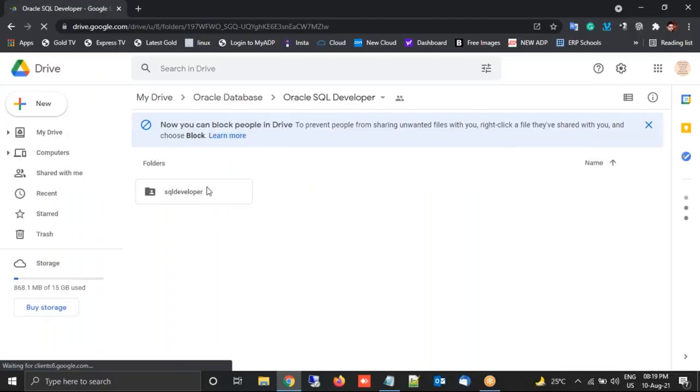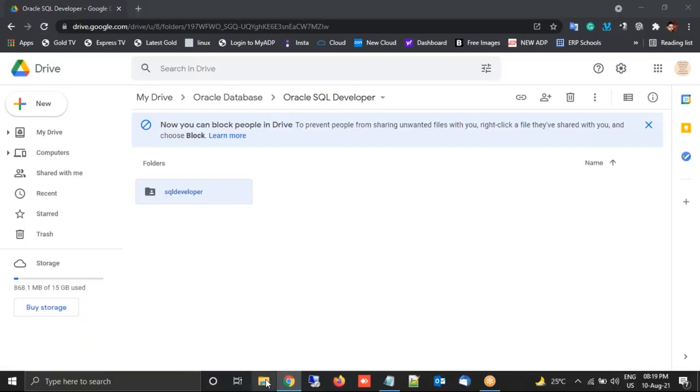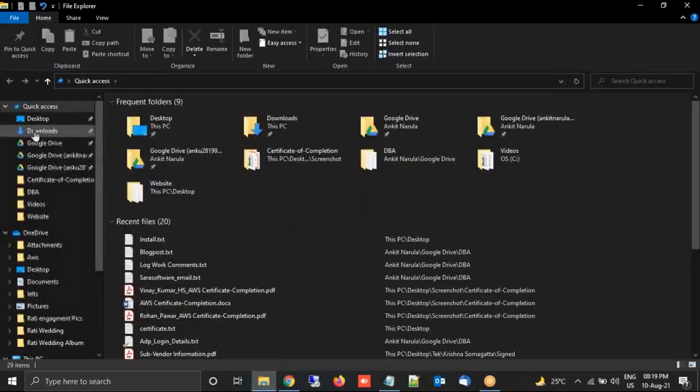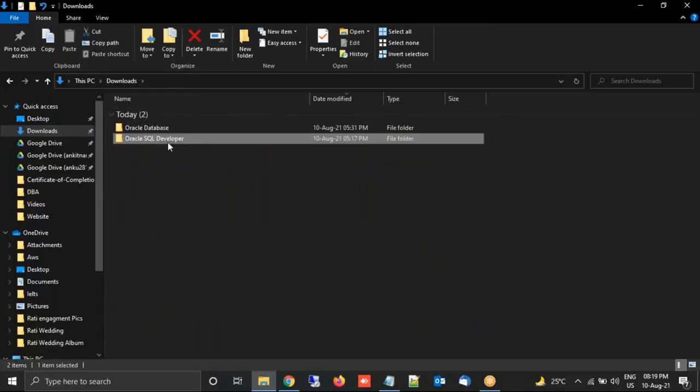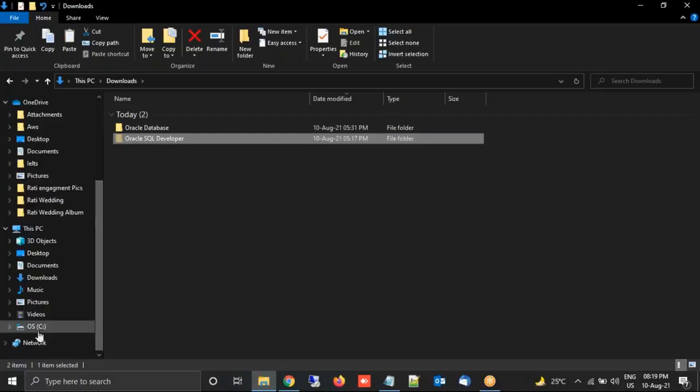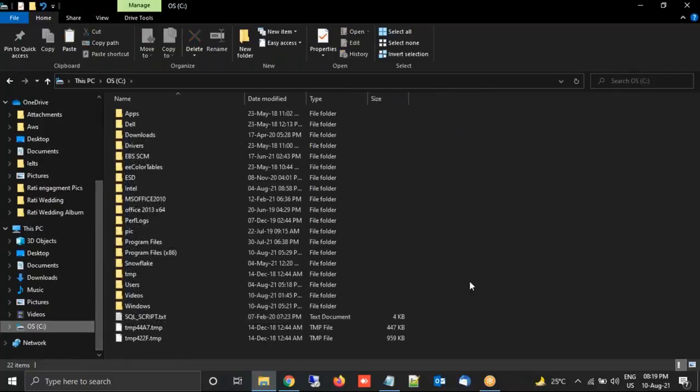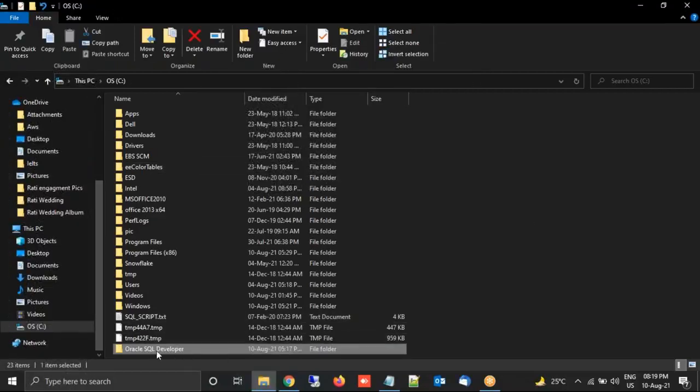Now, when you open that link, you'll get this folder and you can download it. I have already downloaded this folder from Google Drive to my system. Here it looks like this type of folder you will get. After downloading this folder, you can cut it from here and put it in C drive or D drive, wherever you want to put it. After this,